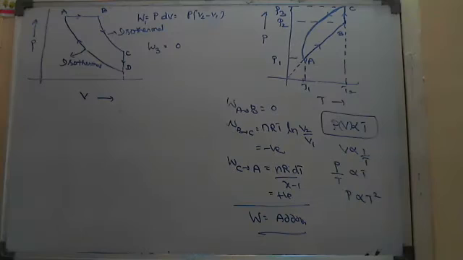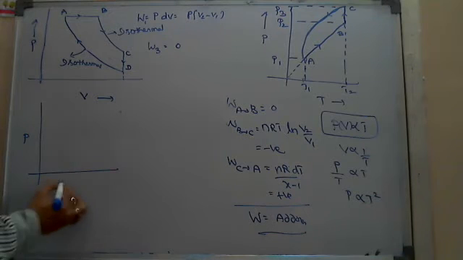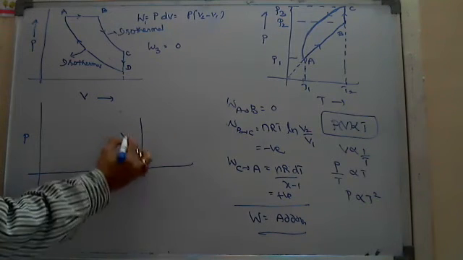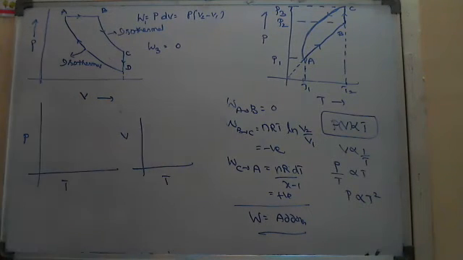Here actually this is a single option question, but I am asking what will be the VT and PT graph by taking P and T here and V and T here. What will be the shape? First PT, what do you say, Nana? You will get a straight line or some other?